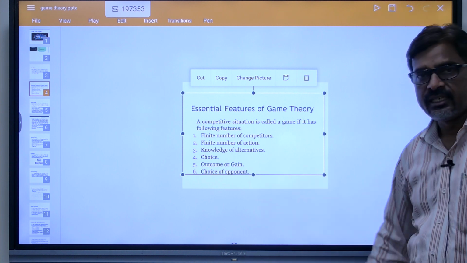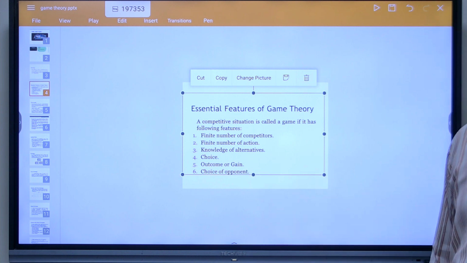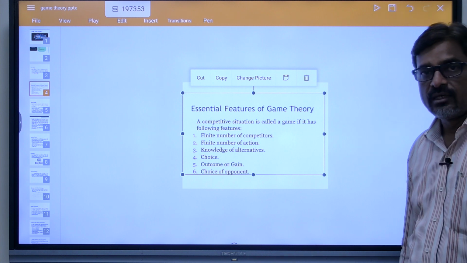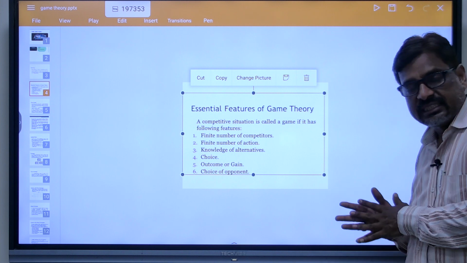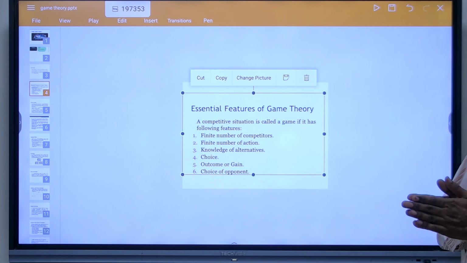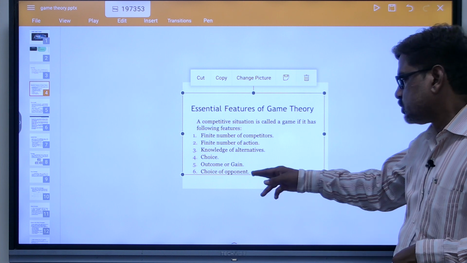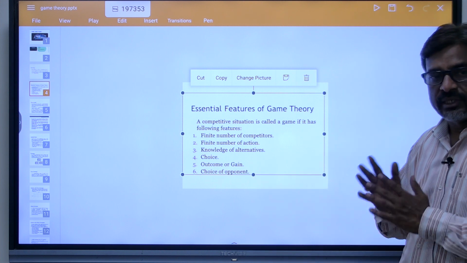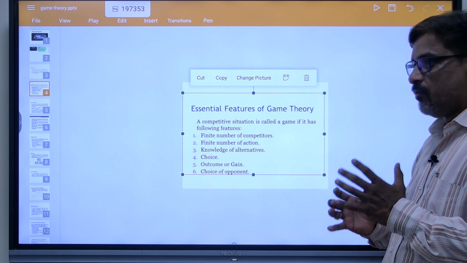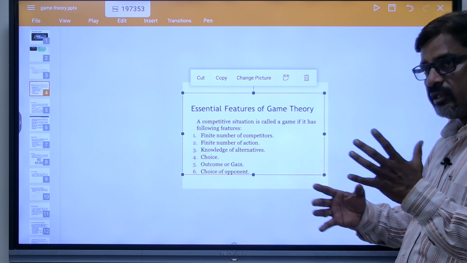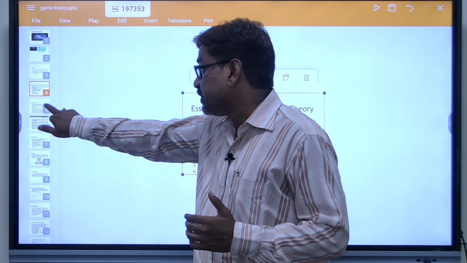Choice of the opponent: which opponent or which competitor we are choosing, whether we are fighting with our strategies against Pepsi, with Cola, or with one competitor like Maruti, or another like Mahindra. Whatever it is, we have the choice of opponent. Accordingly, we have to play our game. That is, we have to formulate our strategies accordingly, with the type of competitors we have.